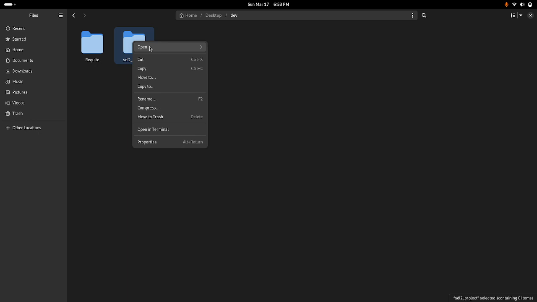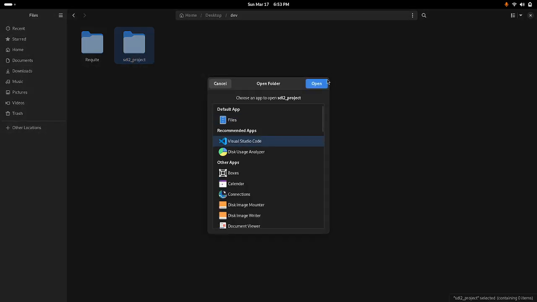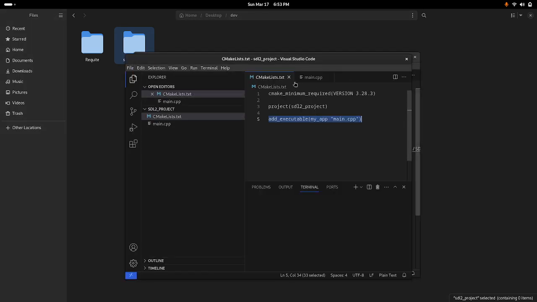Then you open up this, and open with Visual Studio Code, and then okay. And then